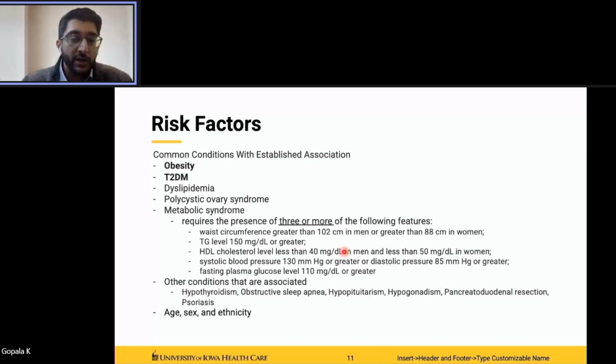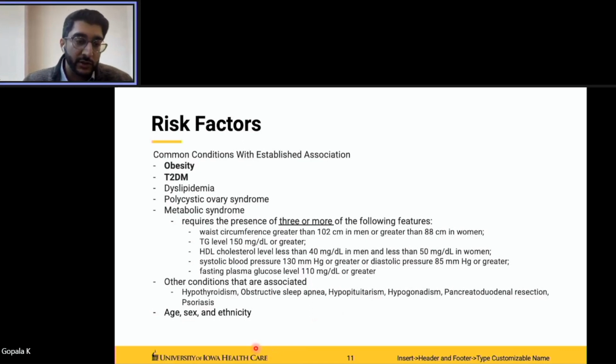So again, the risk factors, we've kind of mentioned it in the definitions. Some of the common ones are obesity, diabetes, hyperlipidemia, polycystic ovarian syndrome, and the metabolic syndrome, which we already mentioned. In this definition, we'd say 3 or more of the following features of waist circumference, triglycerides, cholesterol levels, and blood pressure. Some of the other conditions you can think about that may be contributing or causing metabolic syndrome or risk factors for NAFLD are hypothyroidism, obstructive sleep apnea, hypopituitarism, hypogonadism, and other risk factors